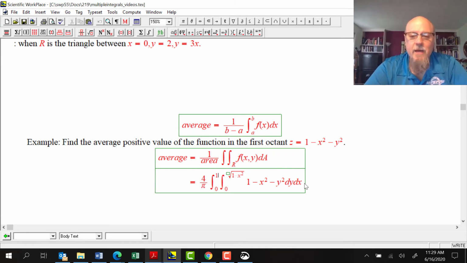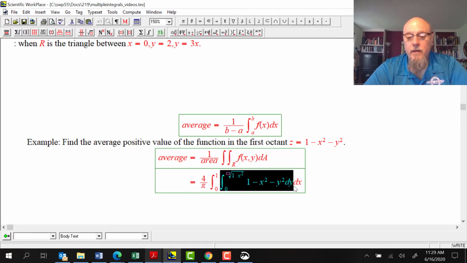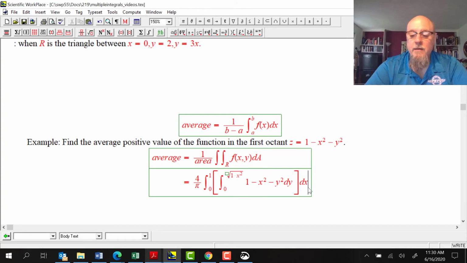So the setting up the double integral part is over. The rest is just mechanical. That said, it's not necessarily going to be super straightforward, but let's do it. I'm integrating with respect to y. I'm going to throw square brackets around that because we do that. So that's going to be equal to